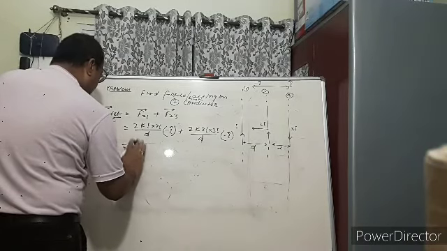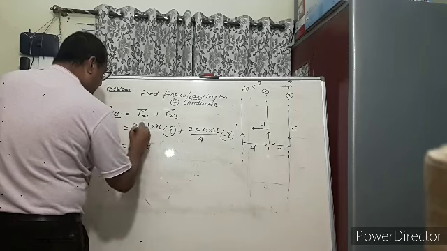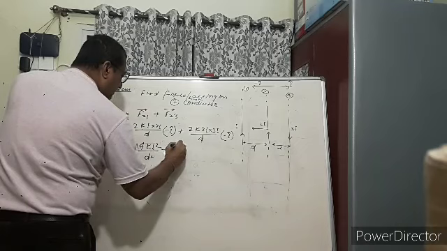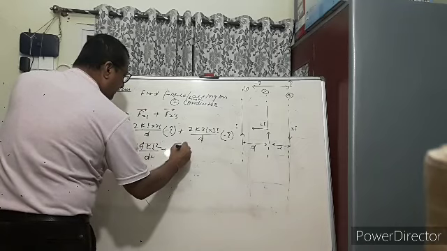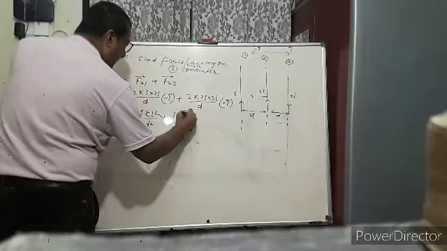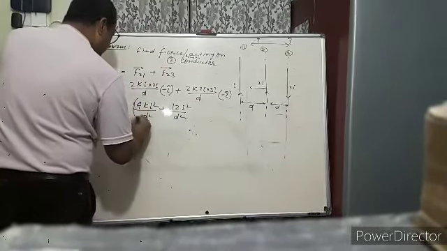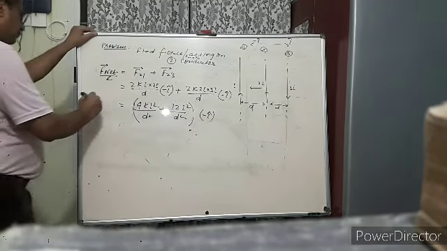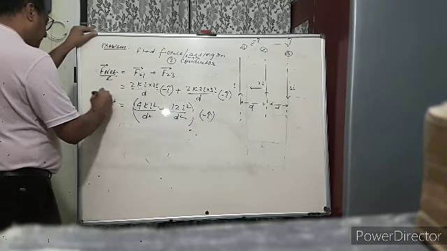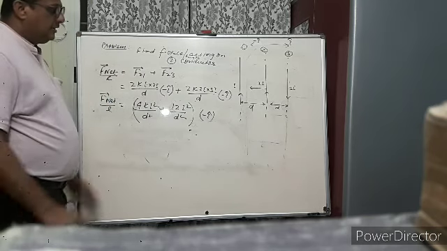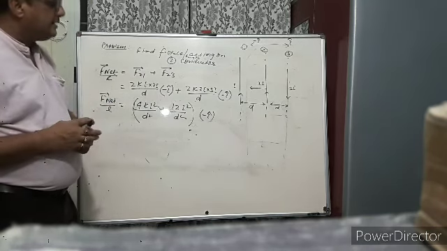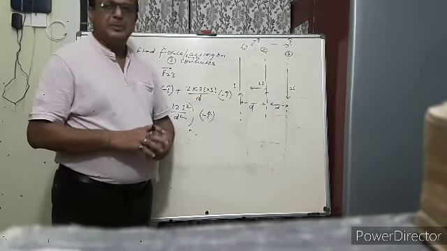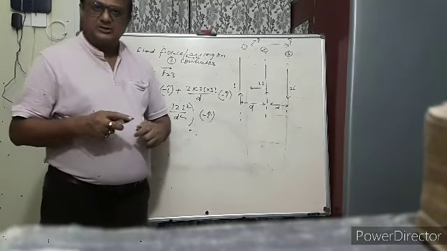That is 4K I square by D plus 12K I square by D, in the direction of minus I cap. I think it is clear. This is the net force per unit length. You can also write attractive and repulsive: with the first wire it is attractive, with the third wire it is repulsive. You can write that there. Okay, that's all. Thank you.